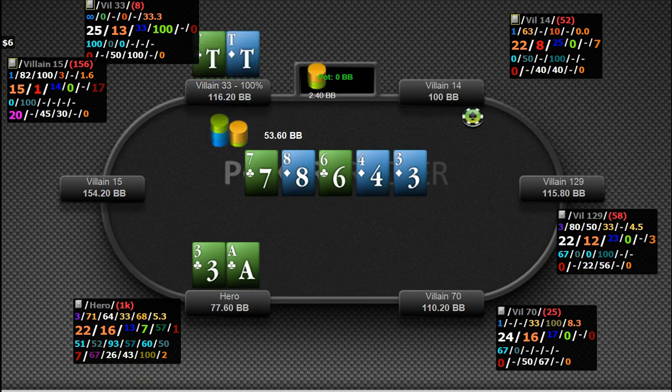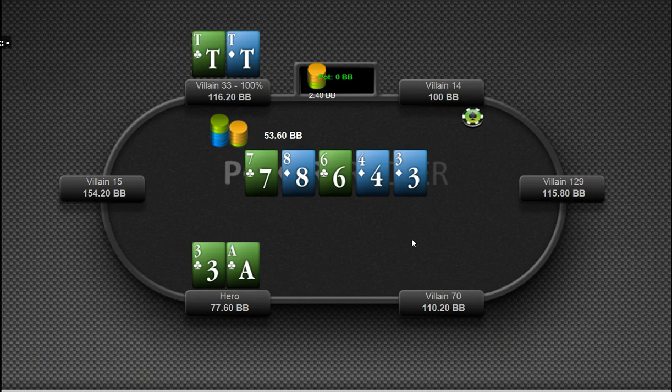Okay, he has tens, that's fine. You know, he's probably not folding that if we bet the river. He looks quite fishy, so